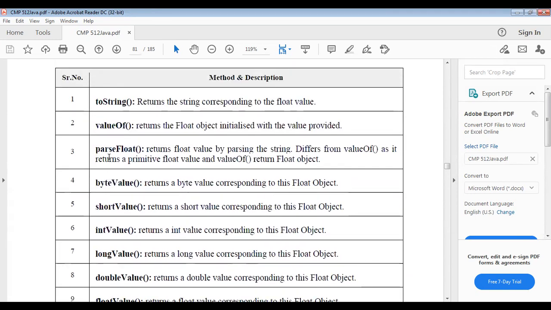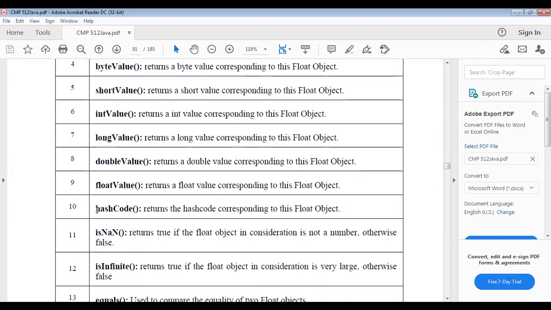There are different types of methods like toString, valueOf, and parseFloat. Parse float takes a string and differs from valueOf as it returns the primitive float value, while valueOf returns the Float object only.